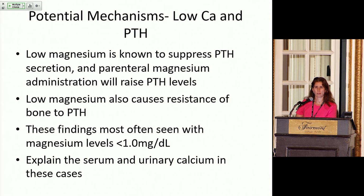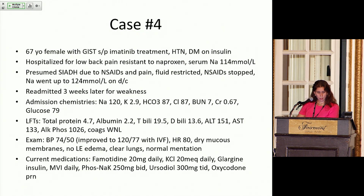It's obviously a lot tougher when the patients need to stay on the proton pump inhibitors. This gentleman just had GERD and was able to be switched, but we know that's not the case with every patient. So the next case here